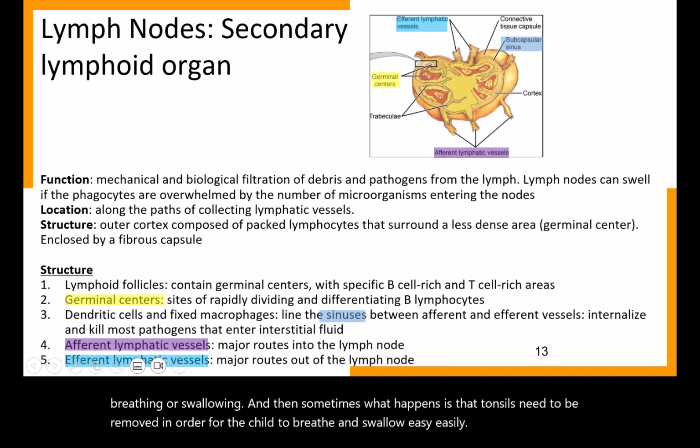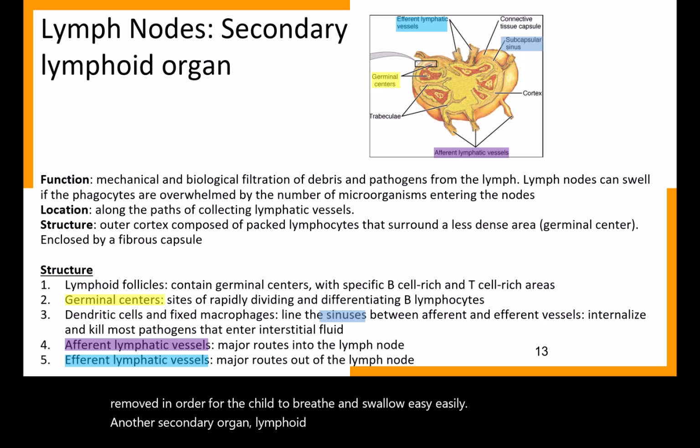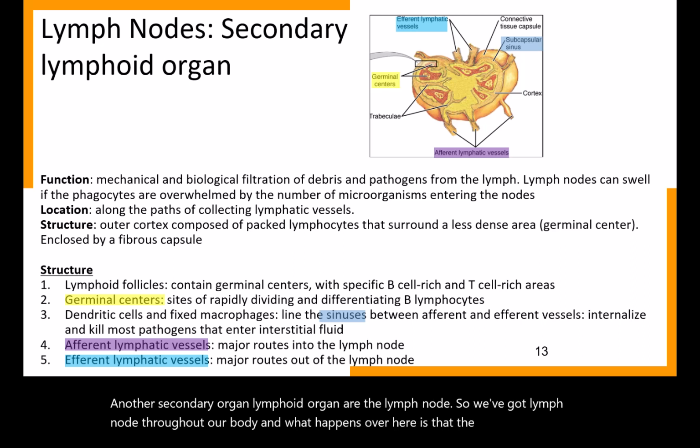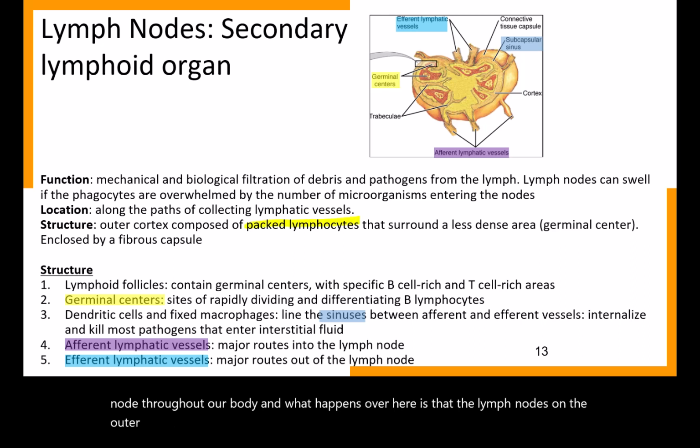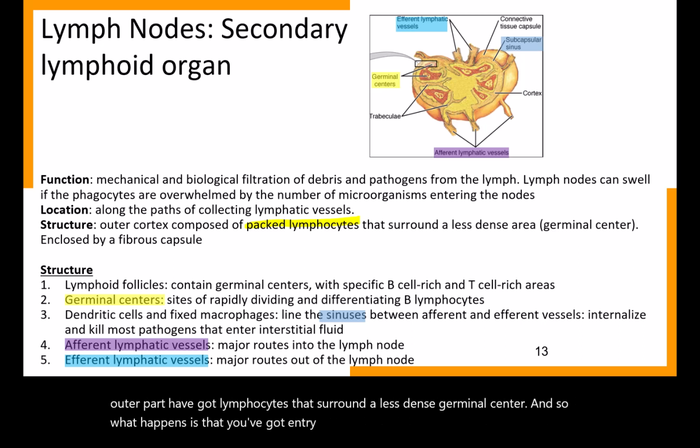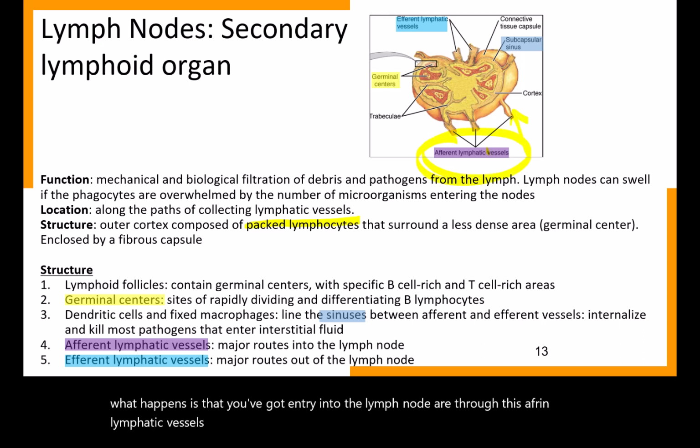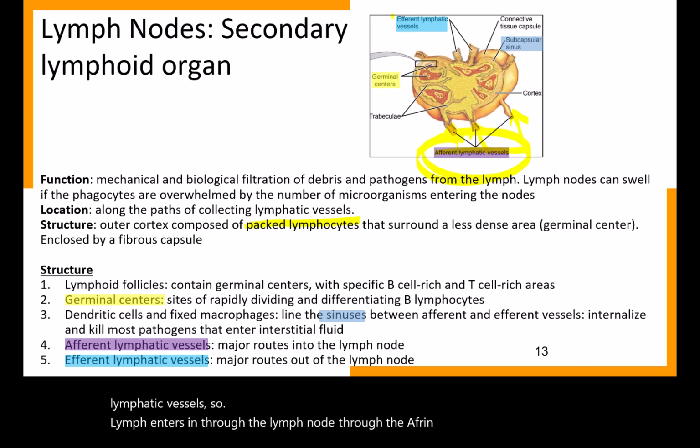Another secondary lymphoid organ is the lymph node. We have lymph nodes throughout our body. The lymph nodes, on the outer part, have lymphocytes that surround a less dense germinal center. Entry into the lymph node is through the afferent lymphatic vessels. So lymph enters the lymph node through the afferent lymphatic vessels and leaves through